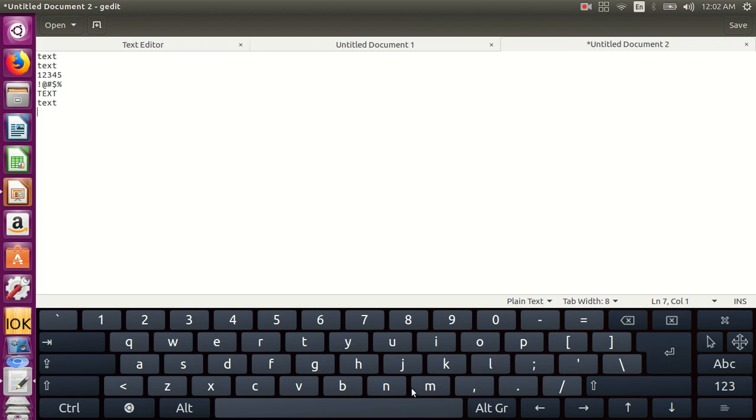Shift keys can also be used for typing in capital letters. By pressing the Shift key and holding it and then typing the alphabets will make the alphabets type in capital letters.